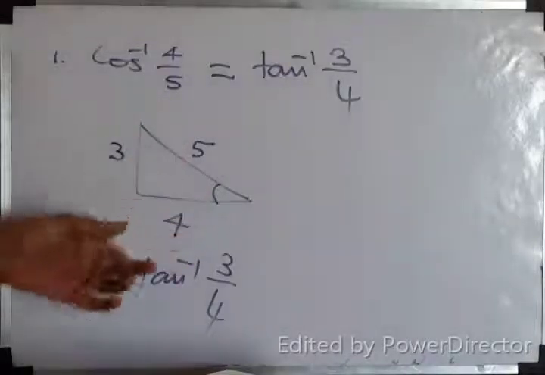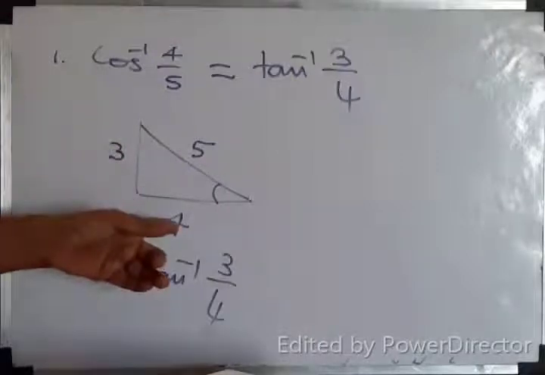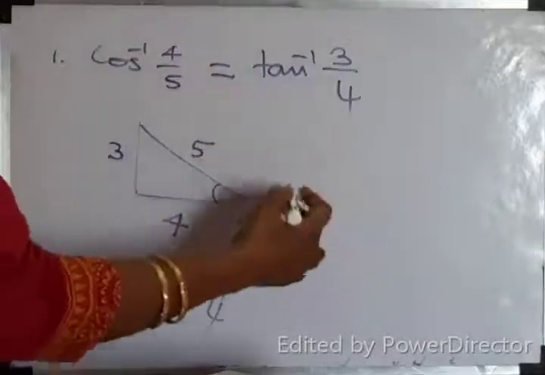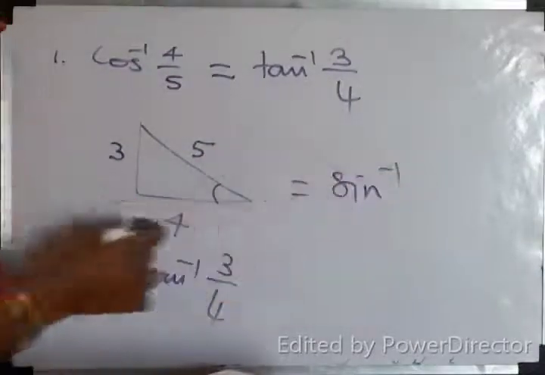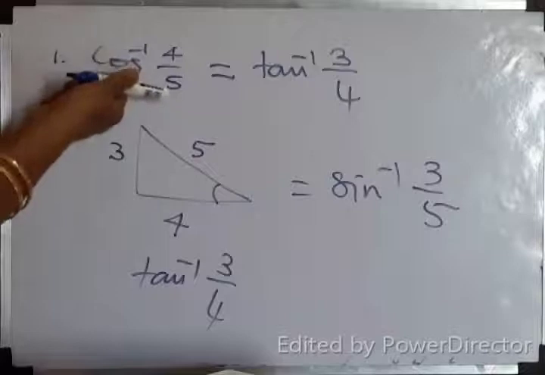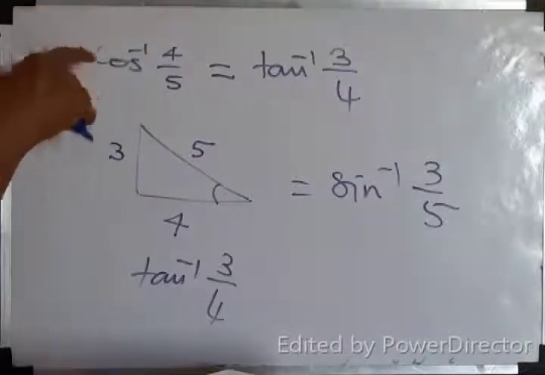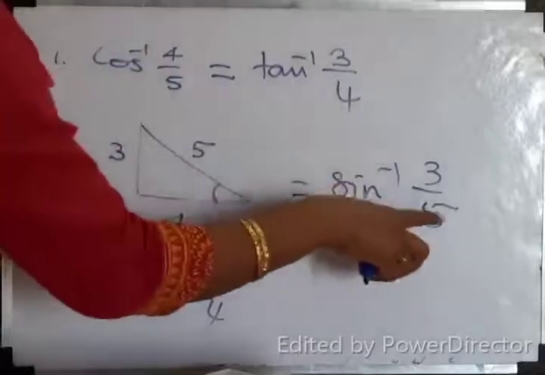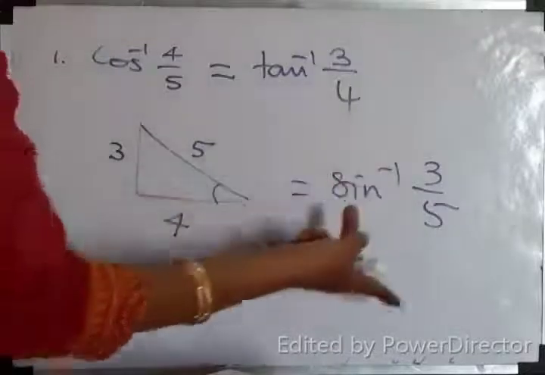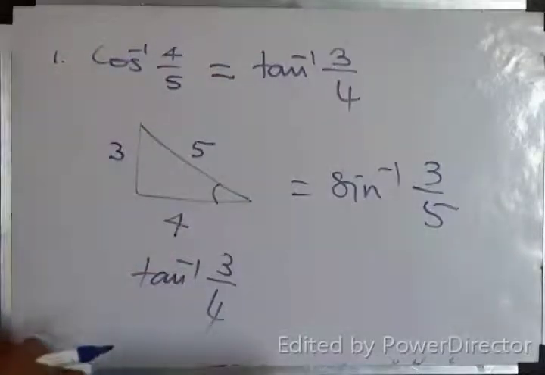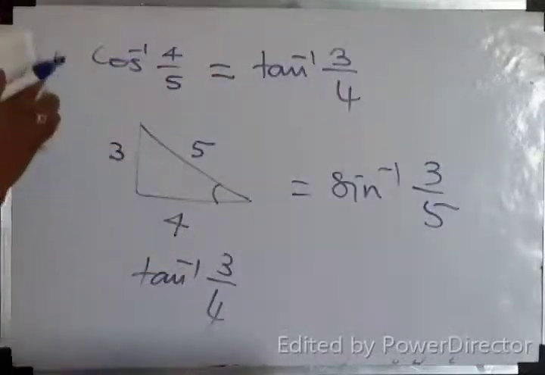You just draw the triangle. You know this is the opposite side, this is adjacent. You can convert into other trigonometric ratios also. Which is equal to sin inverse of what will you write? 3 by 5. Correct. Now how will you convert cos inverse 4 by 5 in terms of secant inverse? Secant inverse 5 by 4. Correct. Sin inverse 3 by 5 in terms of cosecant inverse: cosecant inverse 5 by 3. Tan inverse 3 by 4: cot inverse 4 by 3. Correct. Do you understand? Very simple one. First one, just the idea.